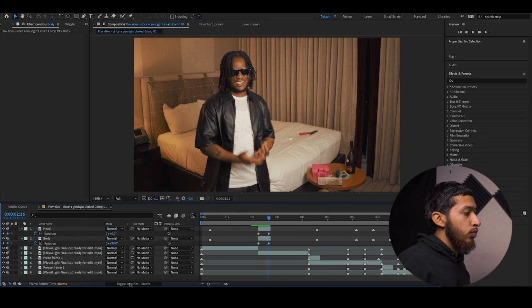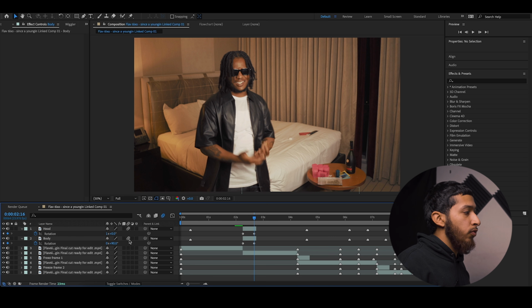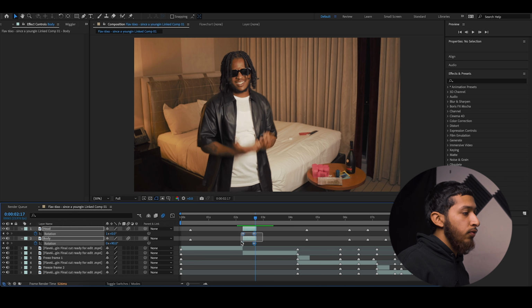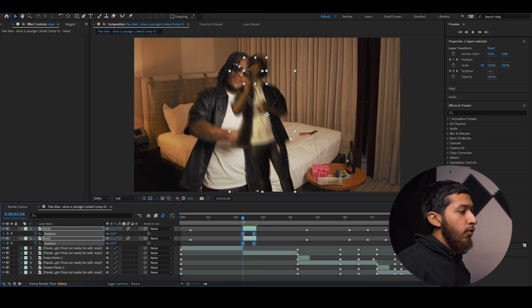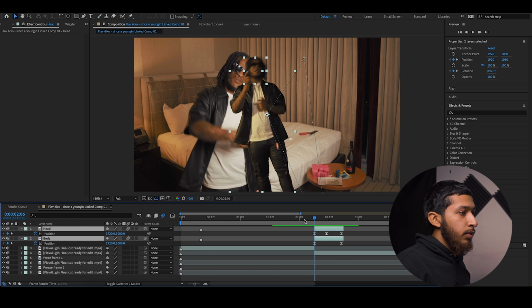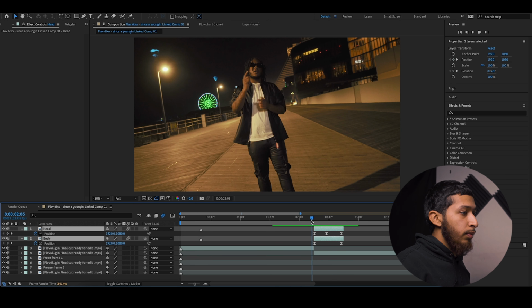So here I'm gonna go to toggle switches and modes and turn my motion blur on for both of these clips. So now we're gonna click on these keyframes and F9 to easy ease it. Now for the rotation, it actually looks fine, but here I'm gonna go to P and do the same thing over here, F9 to easy ease them. So for this effect, I actually wanted to start at that last frame. So here I'm gonna go back 1 frame to where this frame ends, and then pull